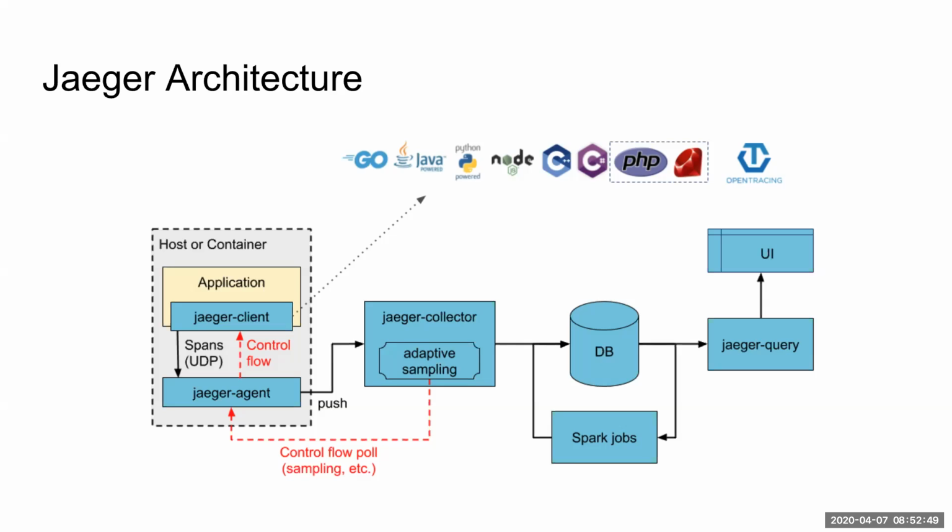And you will see there's a red dashed line here. It means the Jaeger collector will be able to configure some behavior for each Jaeger client, for example, the sampling strategy. You can configure the frequency of your sampling, maybe probability, constant, or rate limiting.